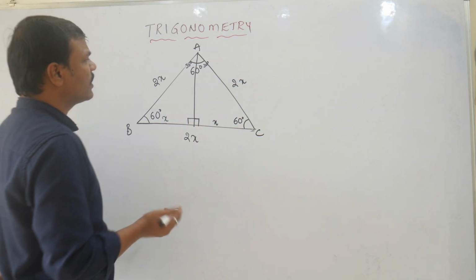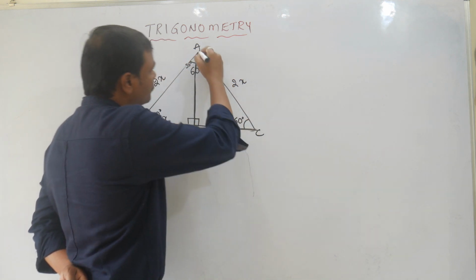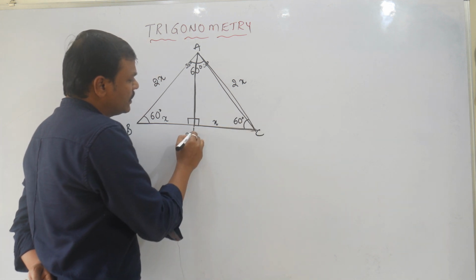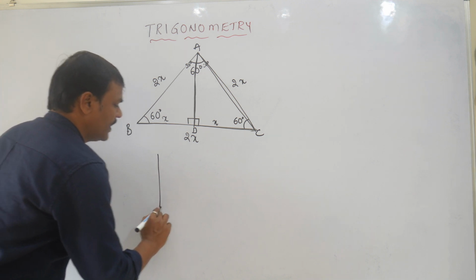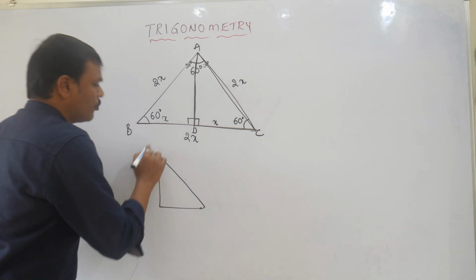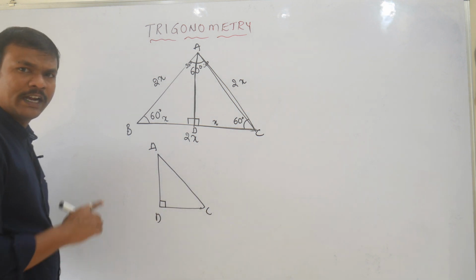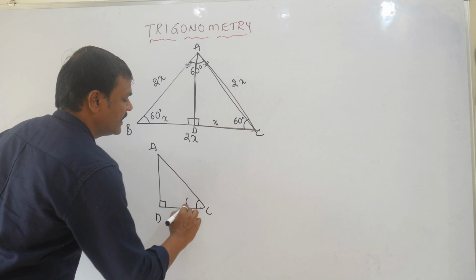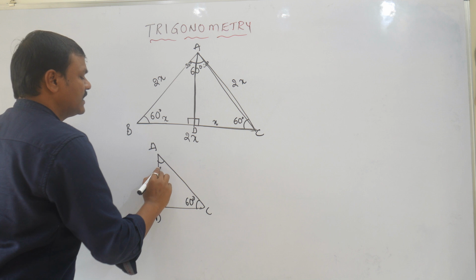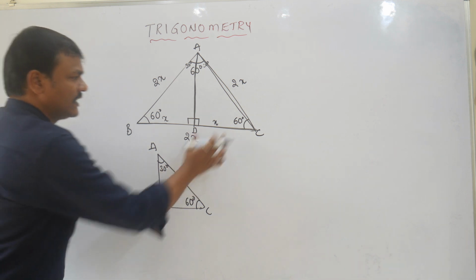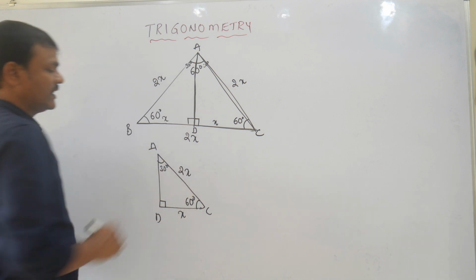Right. I am going to take any one of the right angle triangles from this figure. So I am going to take this one, AC. The point here is D. Let's take D. So simply I am going to draw the triangle ADC. The right angle is located at D and the angle at C is 60 degrees. The angle at A is the bisected 60 degrees, which means it is 30 degrees. How are the sides? This side CD is x. This 2x is the hypotenuse.